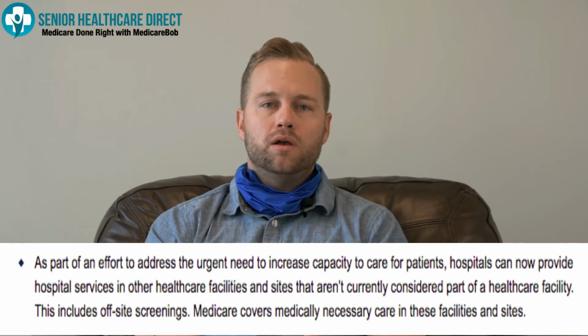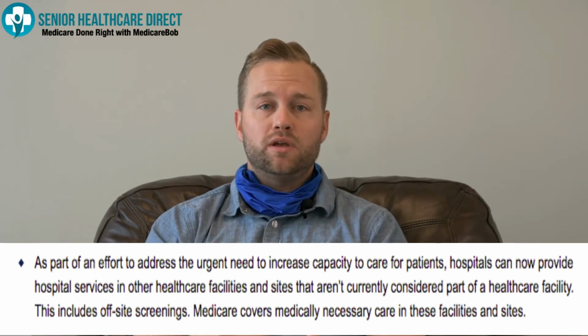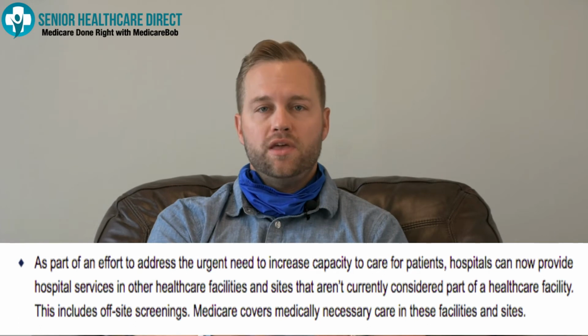But Medicare, normally you have to be in the hospital admission for 3 days, and then Medicare, if you do get moved to a skilled nursing facility, will cover you for the first 20 days. Well, Medicare has kind of relaxed that hospitalization requirement. I believe they're doing that to enable using skilled nursing facilities as overflow for older people that have COVID,